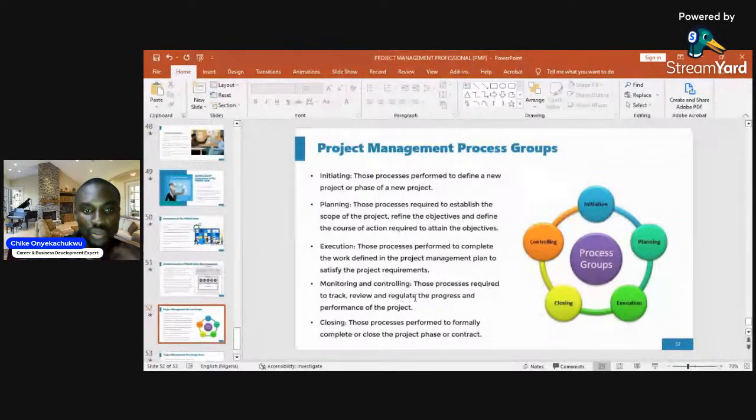So during the life cycle of a project, you're going to have to be monitoring, tracking, reviewing, and regulating the progress of your project to ensure that at the end of the day, you arrive at the stated objective. It's like you're sending a missile from here to New York,